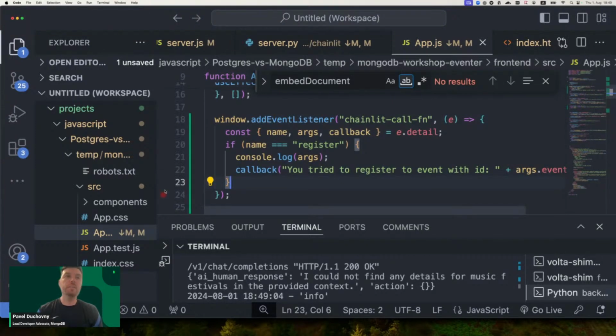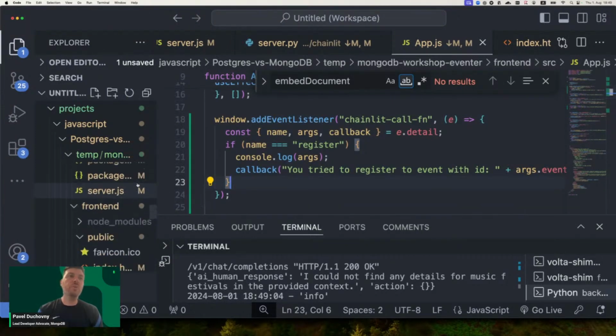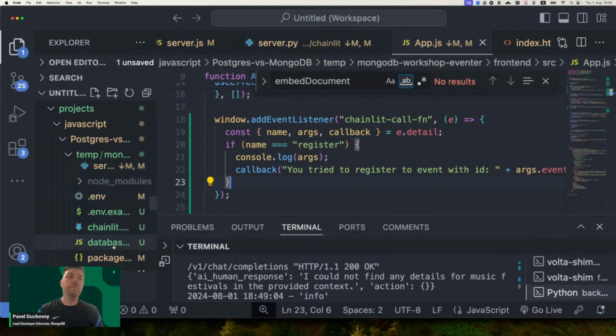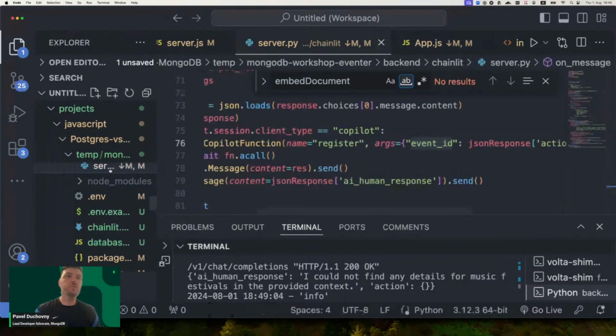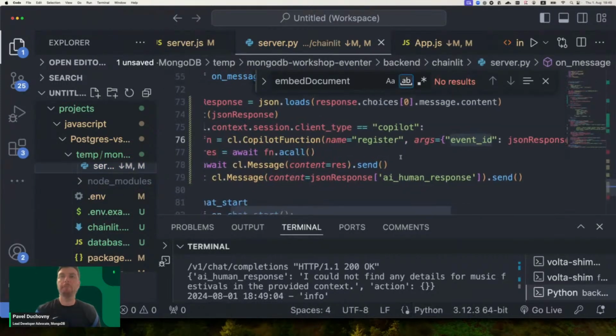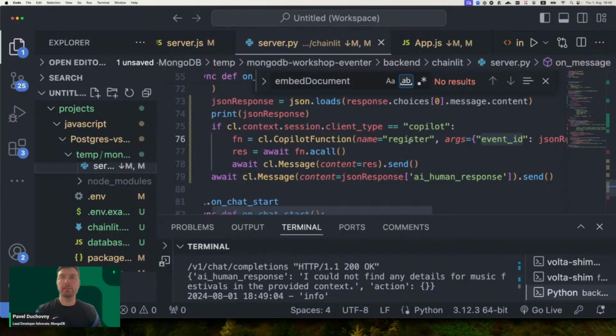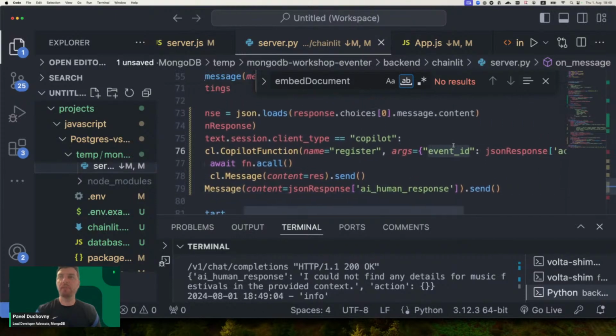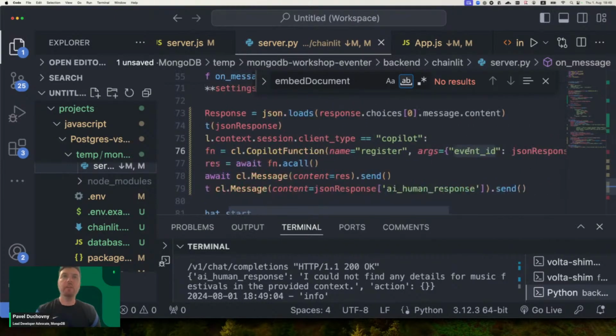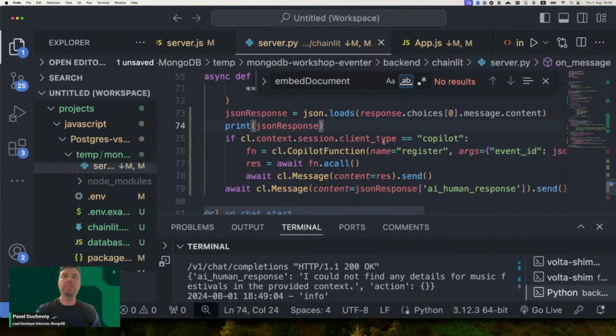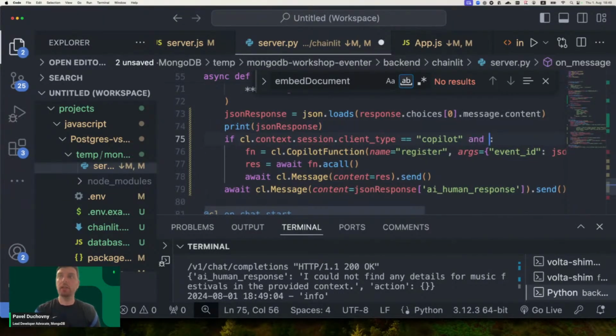Okay, I see what the problem is. So we are actually going and trying to access this element, the action, even if we might not have it. So let's do,